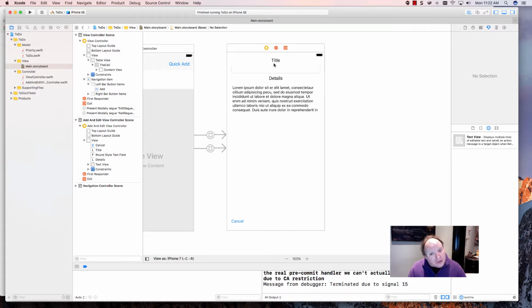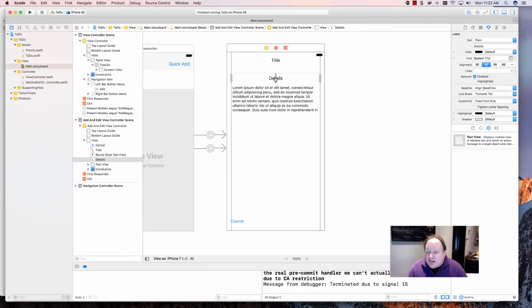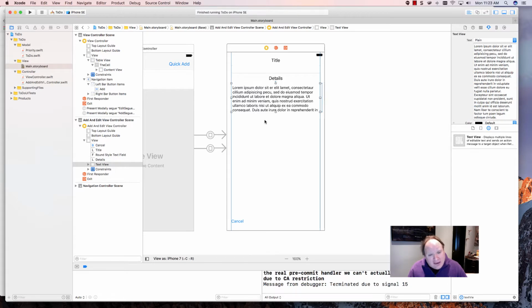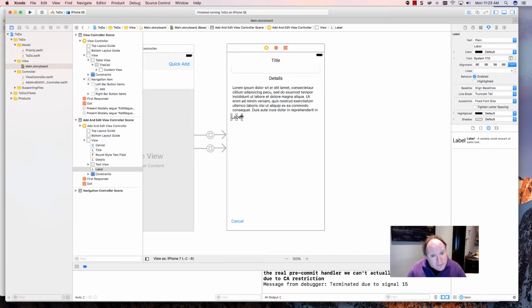So we have our title, which was a label, then we have a text box, then we have a label, then we have a text field. So time for another label. This one will go, remember, we're going to use our blue lines to make sure we are adhering to the human interface guidelines from Apple. We're going to set this to be priority,